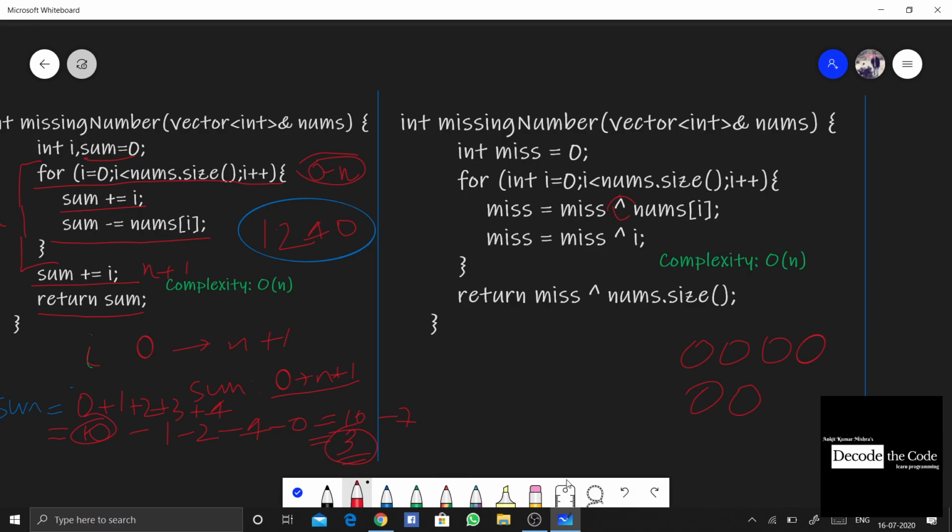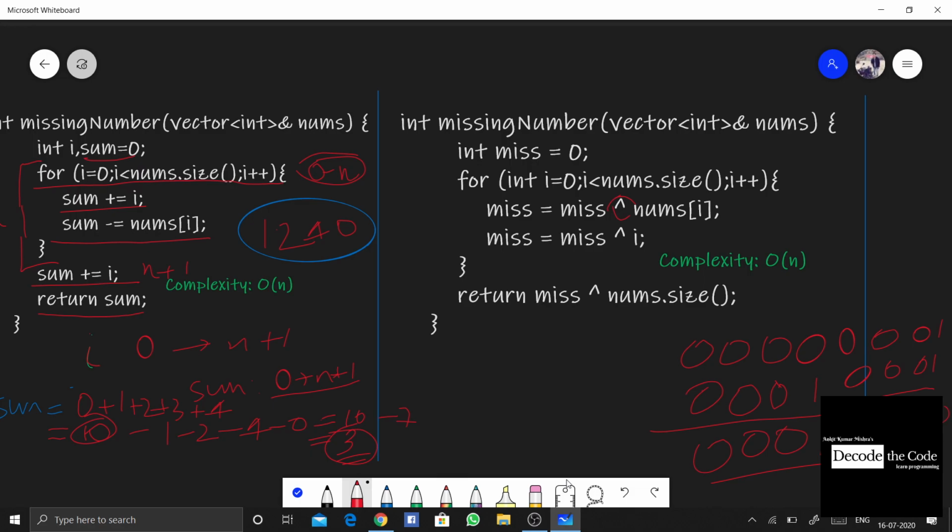So what the binary XOR operator is going to do is, for equal digits it's going to return 0, and for unequal digits it's going to return 1. So this will result in 0 0 0 1. That means after XORing 0 and 1, we get 0 0 0 1. And again in future, if 1 is encountered, if we XOR the same thing 0 0 0 1, we again get back 0.